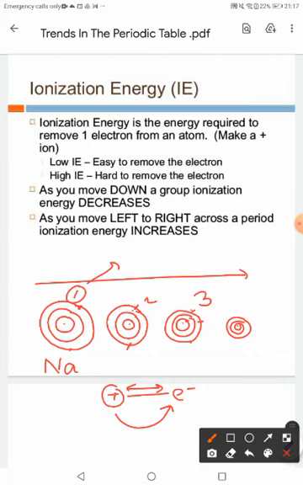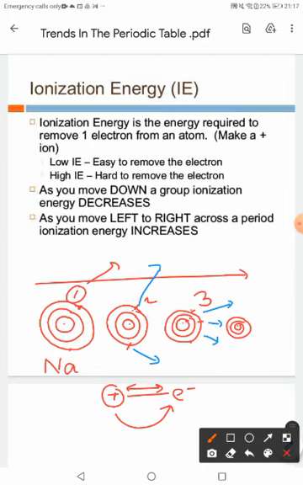Now in the case of magnesium, it has to lose 2 electrons, so it will lose the first electron, and then it has to lose 2 electrons to attain the nearest gas configuration. It will be difficult to remove 2 electrons from it because the size is decreasing. That means protons are closer to the valence electrons. Now in the case of aluminum, we have to remove 3 electrons. It will lose 1 electron, then more energy will be required to remove the second electron, and still more energy is required to remove the third electron.